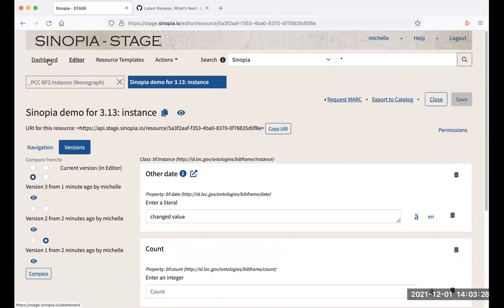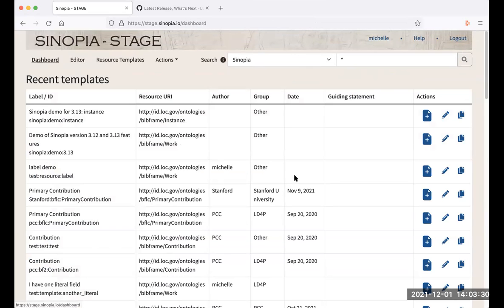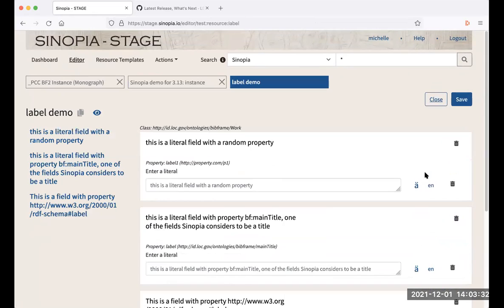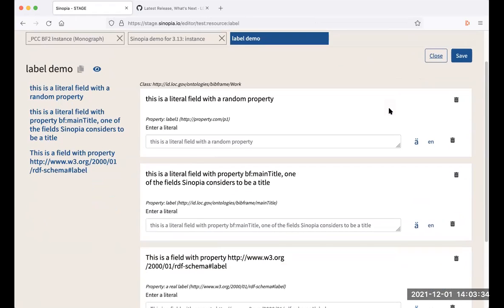The next improvement I'm going to show is about language tagging. We are now using the IANA registry tags for language to align with RDF standards. And we've added the ability to tag script and transliteration as well as language. So when you click on this language button here,